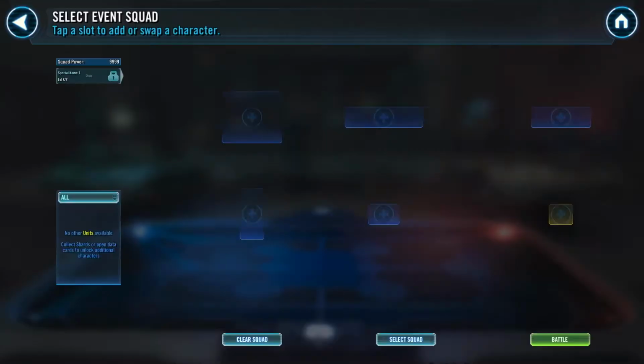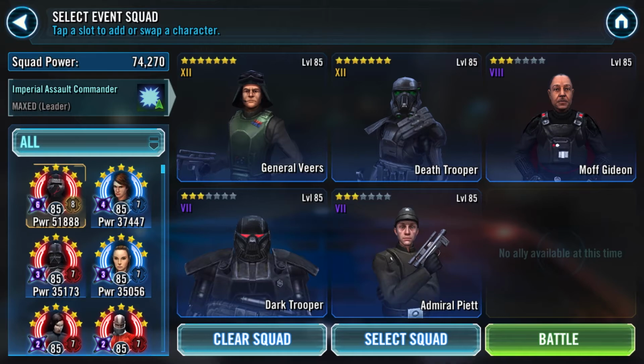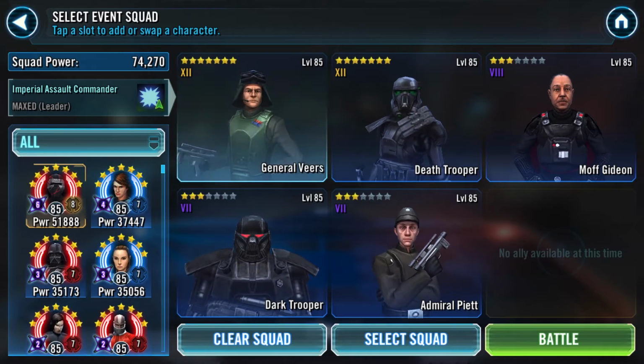But people are kind of worried about, oh, what if I don't have very strong troopers? So looking here, I've got my Gear 12 Veers and Death Trooper, and then obviously really low gear on everybody else. So as far as our mods go,